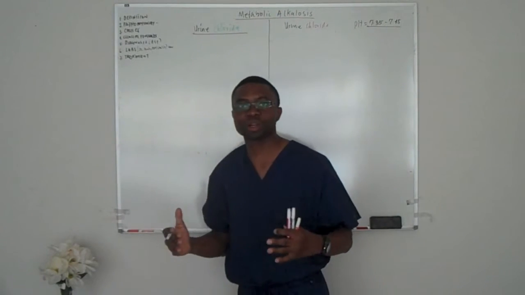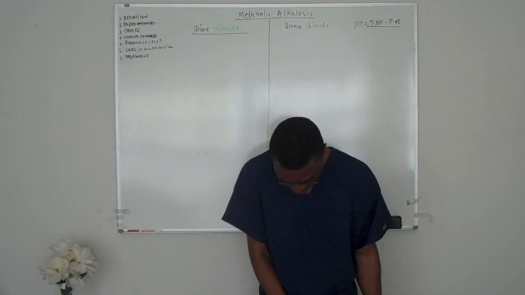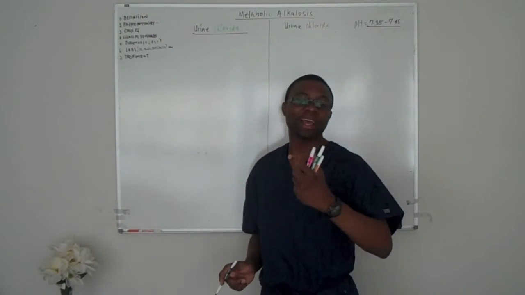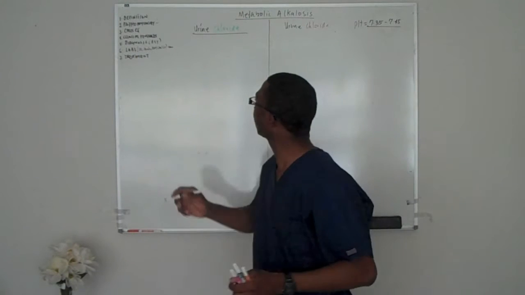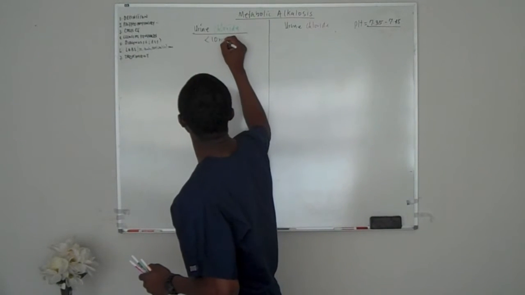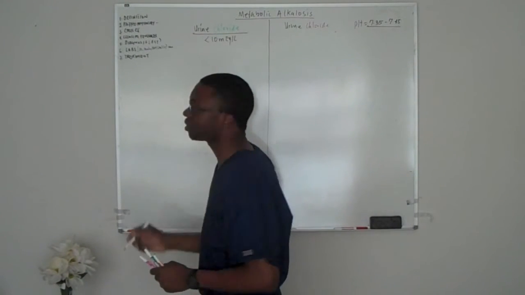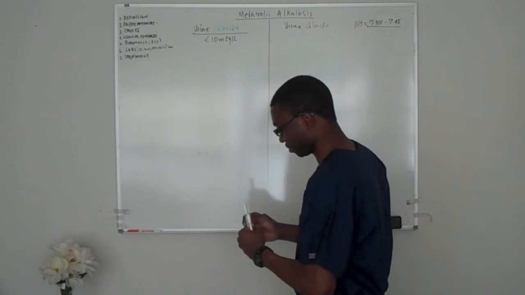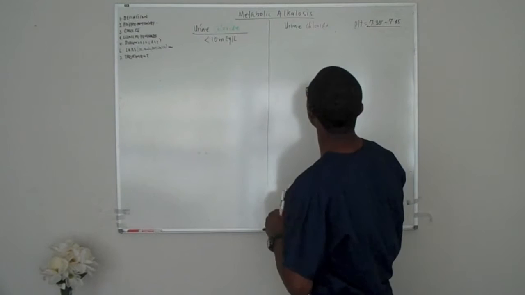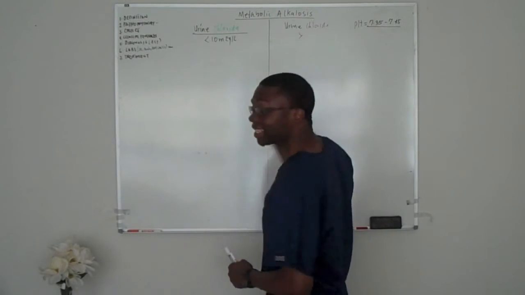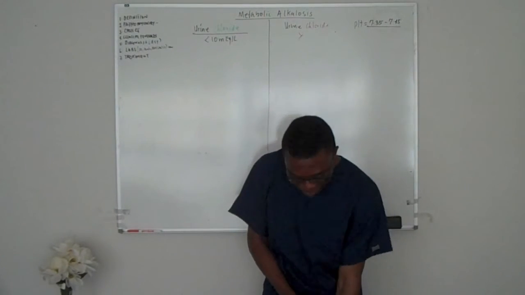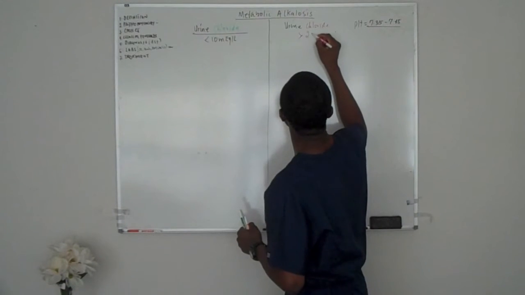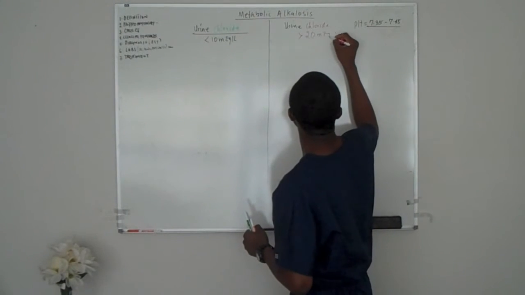So, we're going to start with what will be the urine chloride. When I go to the bathroom and I pee, I put a little cup in there and I measure the amount of chloride in there. If the chloride is less than 10 milliequivalent per liter, it's telling me something. However, on the flip side of things, I did the same thing. Yo, dude, can you pee in the cup for me? I checked the urine chloride in the lab, and it's greater than 20 milliequivalent per liter.